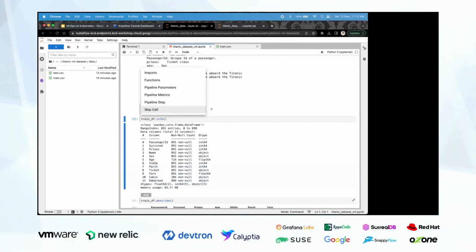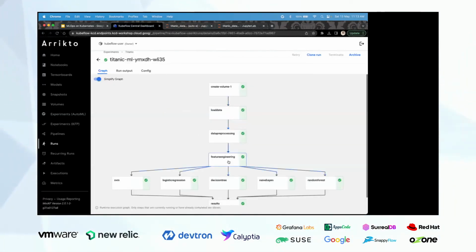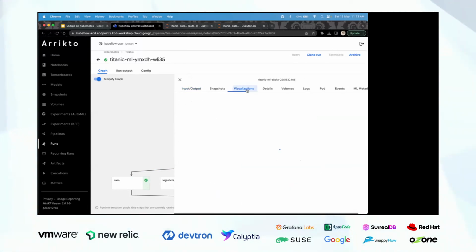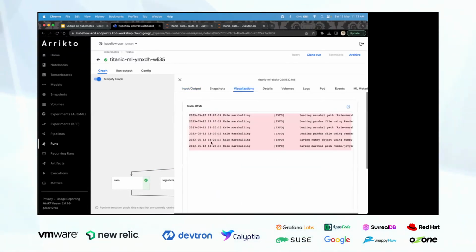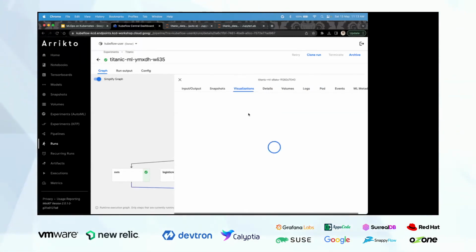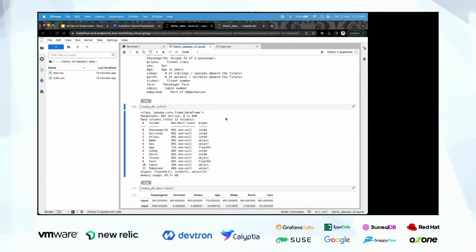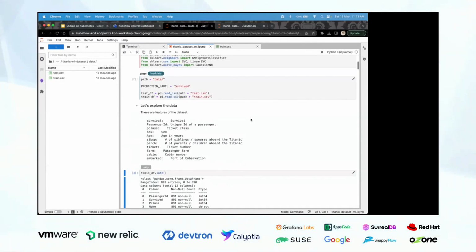Then there's pipeline metrics as well, where we can export the metrics and see it over here. Just like this, if you want to log it, we can define it.